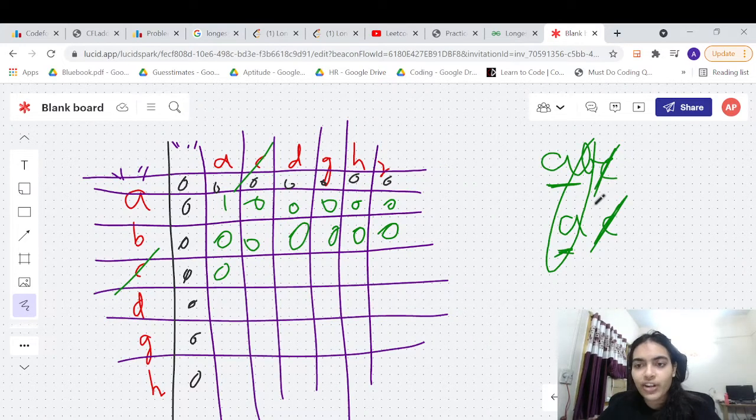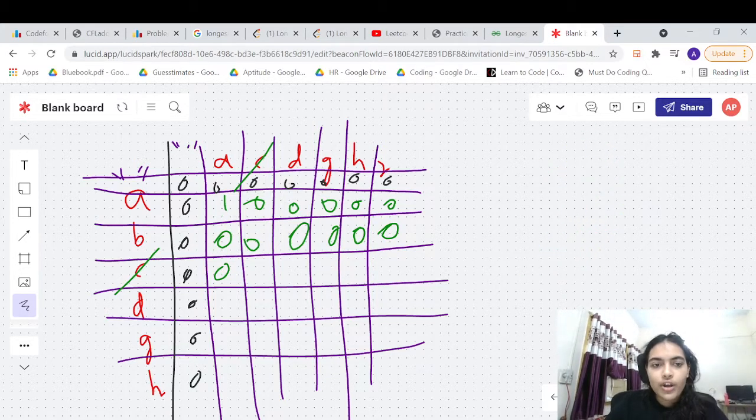Because it has to be a substring, the block has to be continuous, right? So in this case, you will have to look whether this block was matching. In our case, it was not matching. That's why we put 0 here. So it will be 0 plus 1 will be your answer. It will be 1. Only one substring is common.